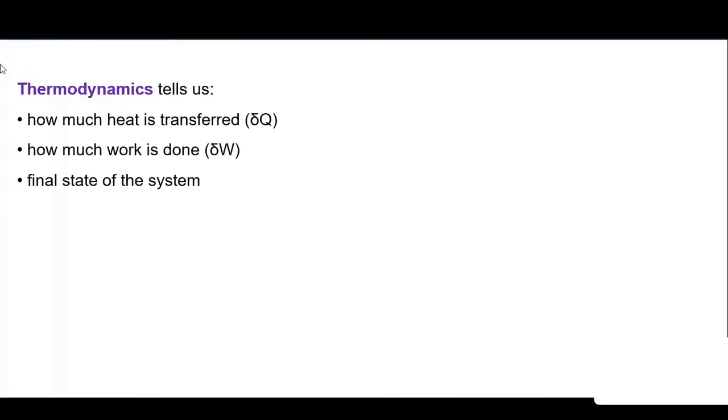So already you have studied thermodynamics in the last year. What is the difference between thermodynamics and heat transfer? Thermodynamics is also a study of heat, and heat transfer is also a study of heat. So what is the difference basically in these two subjects? Thermodynamics tells us how much heat is transferred, the amount, how much work is done by the system or on the system, and what is the final status of the system after completion of that particular process. So how much heat is transferred, that is the information we get after the analysis of thermodynamics.